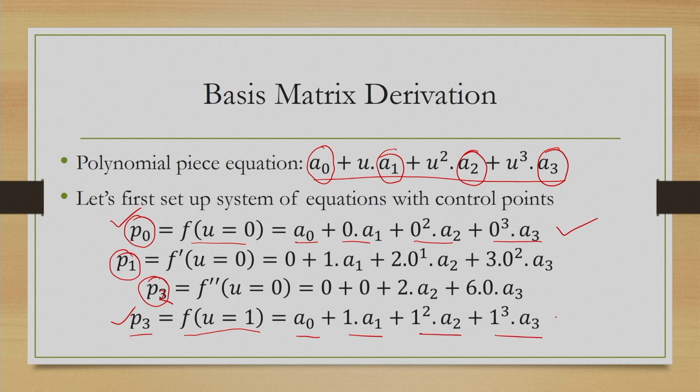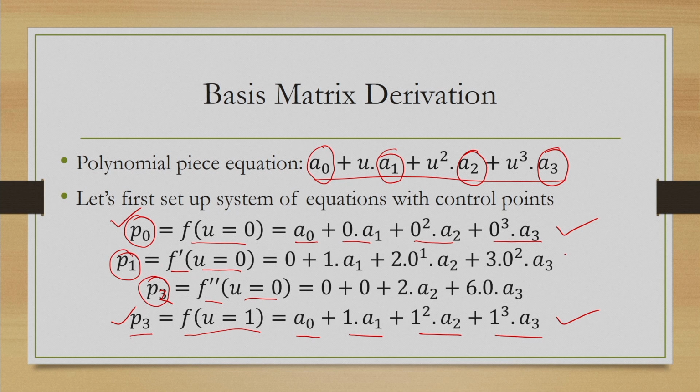These two are equations corresponding to the control points P0 and P3. P1 and P2, as we said, represent the first order and the second order derivative at u equal to 0. So, P1 is the first order derivative, P2 is the second order derivative with respect to u. Now, if we compute the derivatives and then replace u with the value of 0 in case of P1, what we will get?